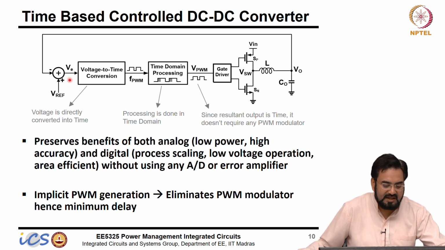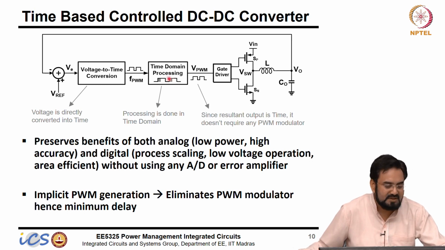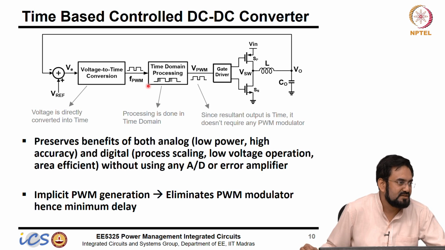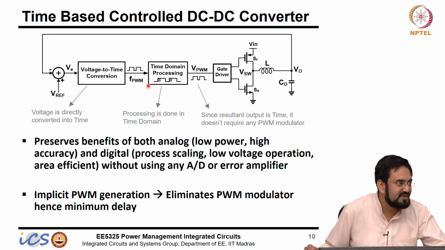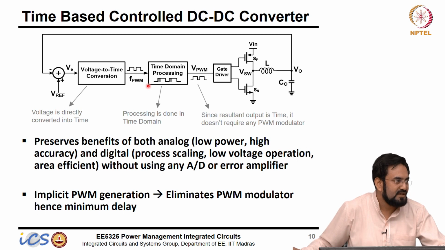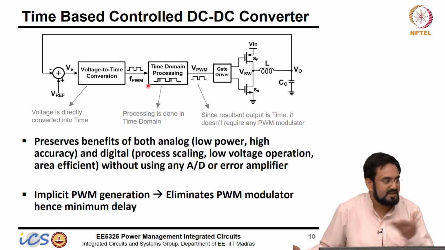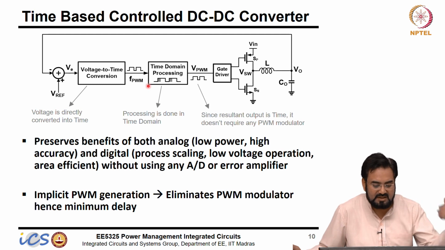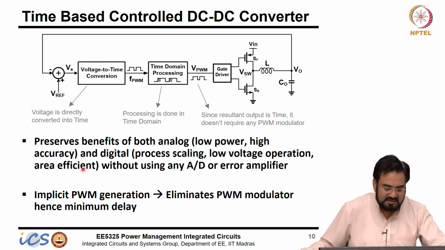Now I can push it, and now it's dealing in time, not in the voltage levels, because I am processing in time. So I can run it at any voltage actually. But let's say, can I design an op-amp which will run at 1 volt? It's very difficult. If I want to achieve very high gain, you have to do cascode or gain boosting, and it will limit your swing. So your devices may go out of saturation, and it will kill everything. But here it's just time. I am interested in delay, so I can run at a lower voltage, and we can easily scale with the process also. So that's the advantage of this.